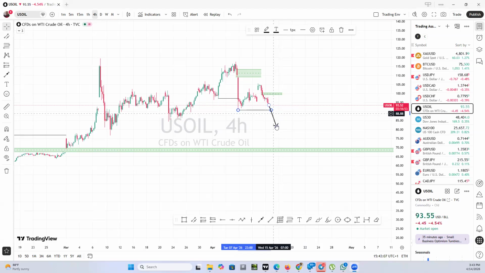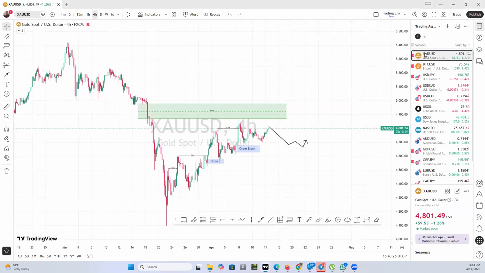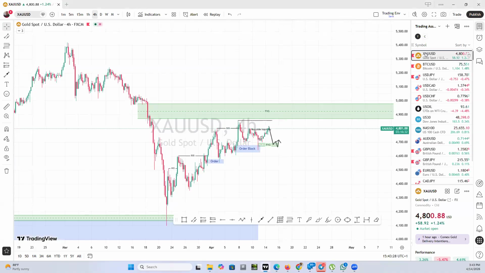So if we can get it, then maybe we will drop to 15 minutes and position for buy to this area. So this is what we have on US oil. So at the moment on US oil, we don't have a setup, but let's see. On gold, we don't have a clear one, but I'm going to keep you posted when the setup